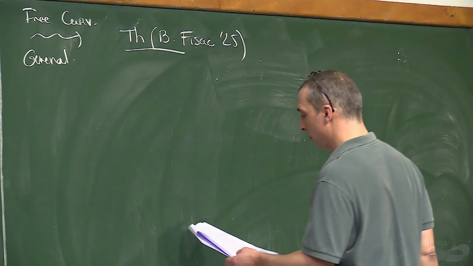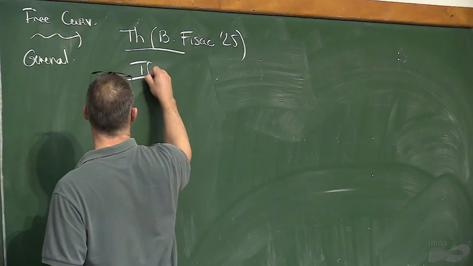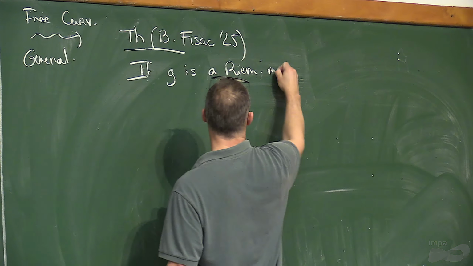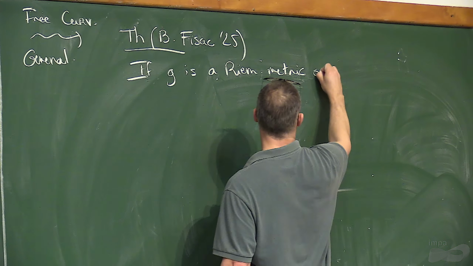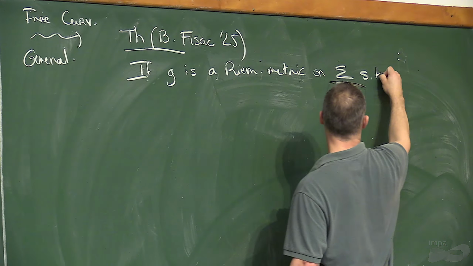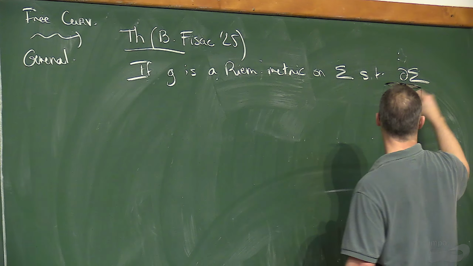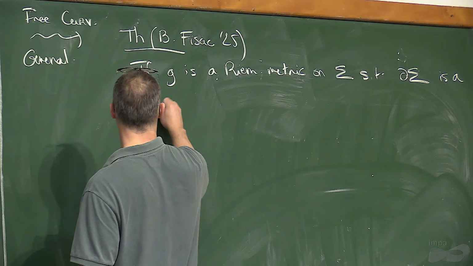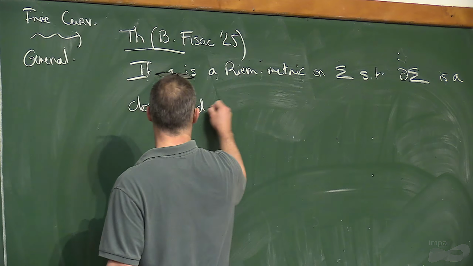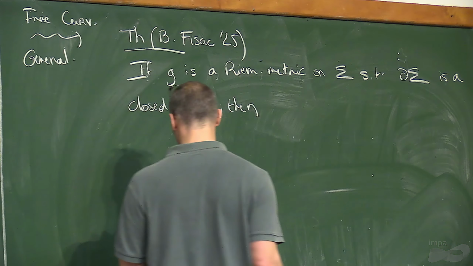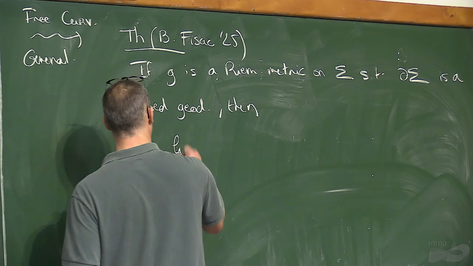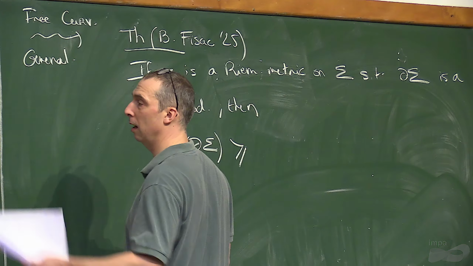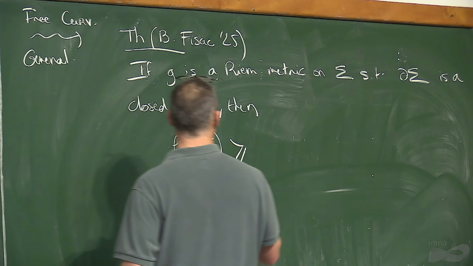So the theorem is the following. If G is a Riemannian metric on a compact surface sigma such that the boundary of sigma is a closed geodesic, then the following holds true. So you have that the length of the boundary is bigger than or equal to, so the equality transforms into an inequality, 2 times